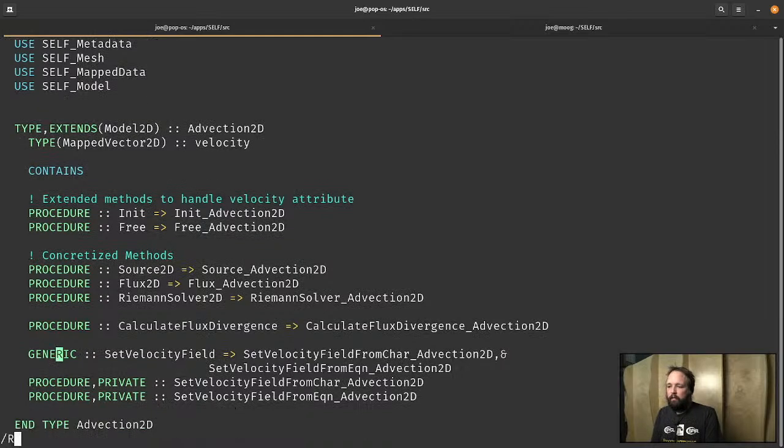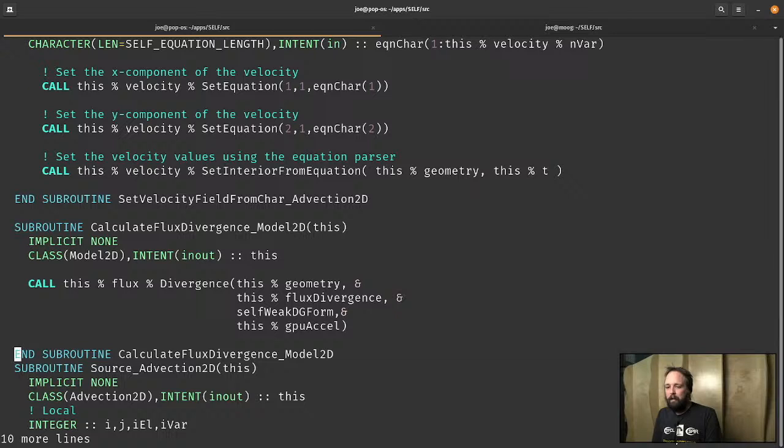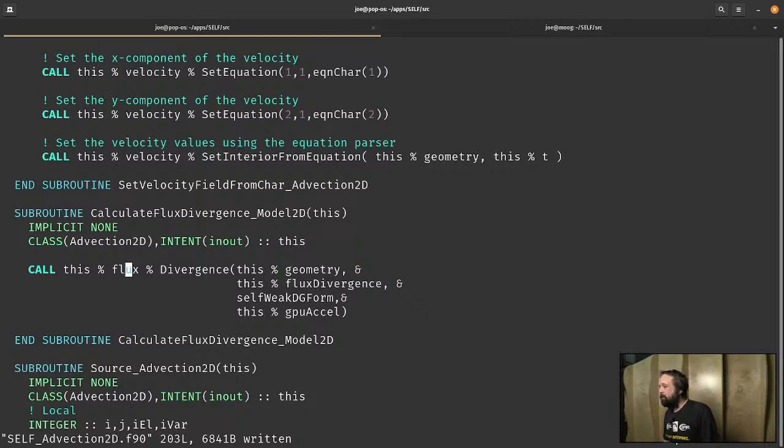And let's go down to our source 2D. We'll put it right above there. Doesn't matter where you put it. So we're going to change this from model 2D to advection 2D. All right, and really what I need to do at this point is dive into